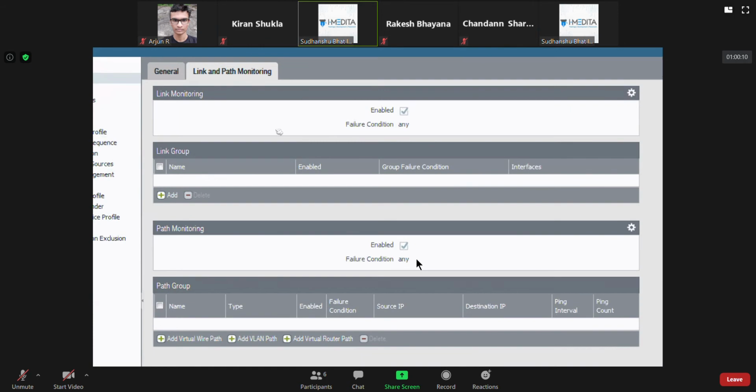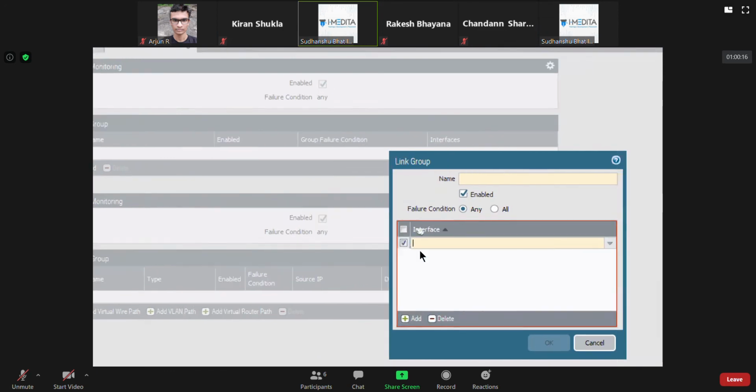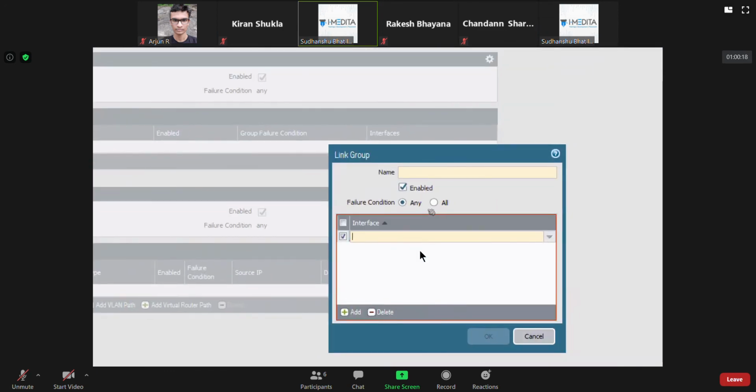This is where you can add interfaces. This firewall is a fresh firewall, so there are no interfaces configured yet, which is why it doesn't show. But what you do is you make a link group and give it a name, maybe internet interfaces.